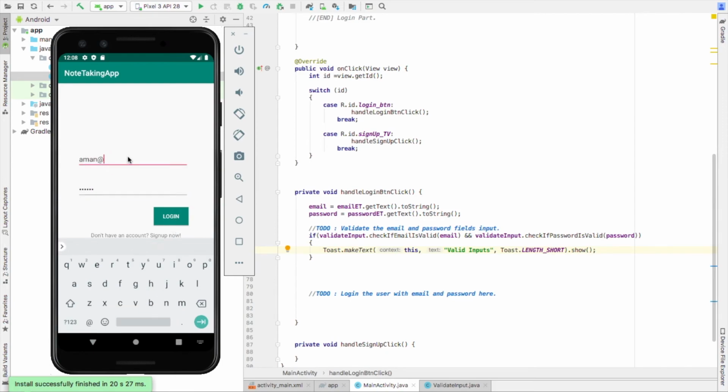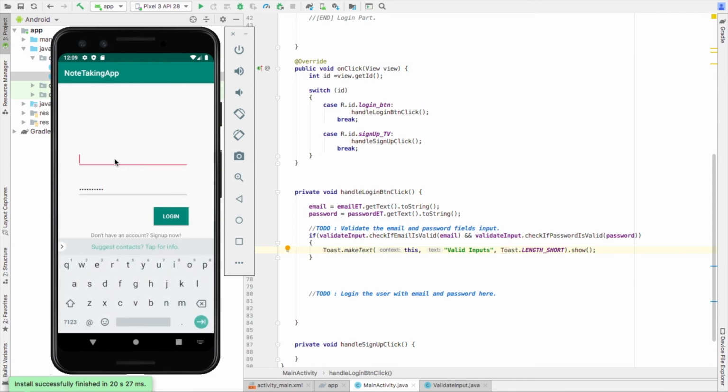So what if we write something like, see, still it's showing that it's not a valid email ID. What if I give a dot here? See, valid input. Why? Because the password is also 6 characters. Now if I make it 2 characters, please enter a password of at least 6 characters. Leave the email field empty. See, please enter your email ID. So you can see that our validate input is working.